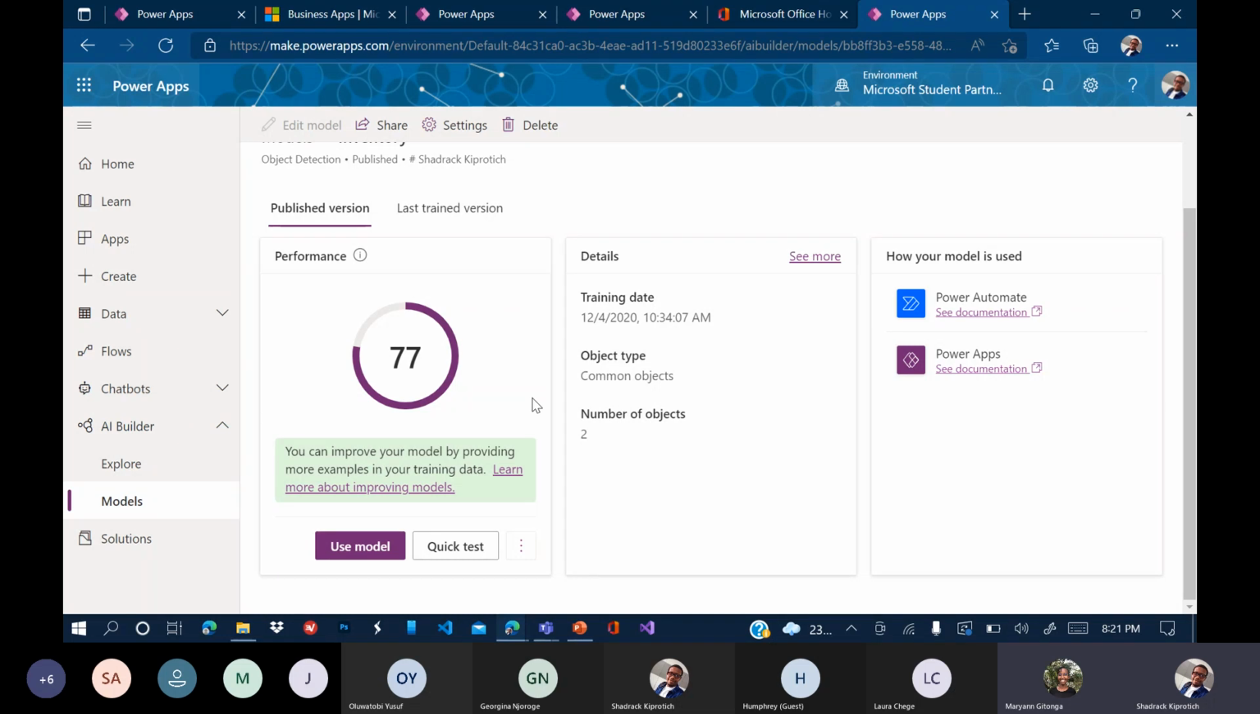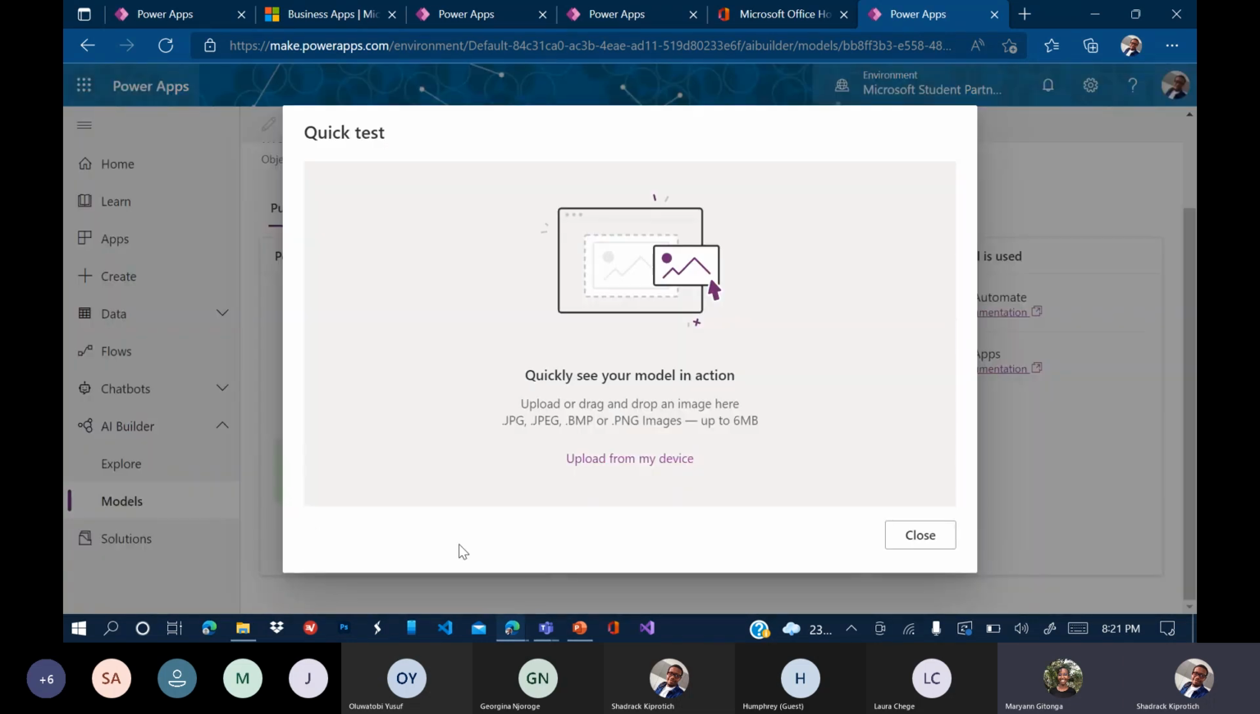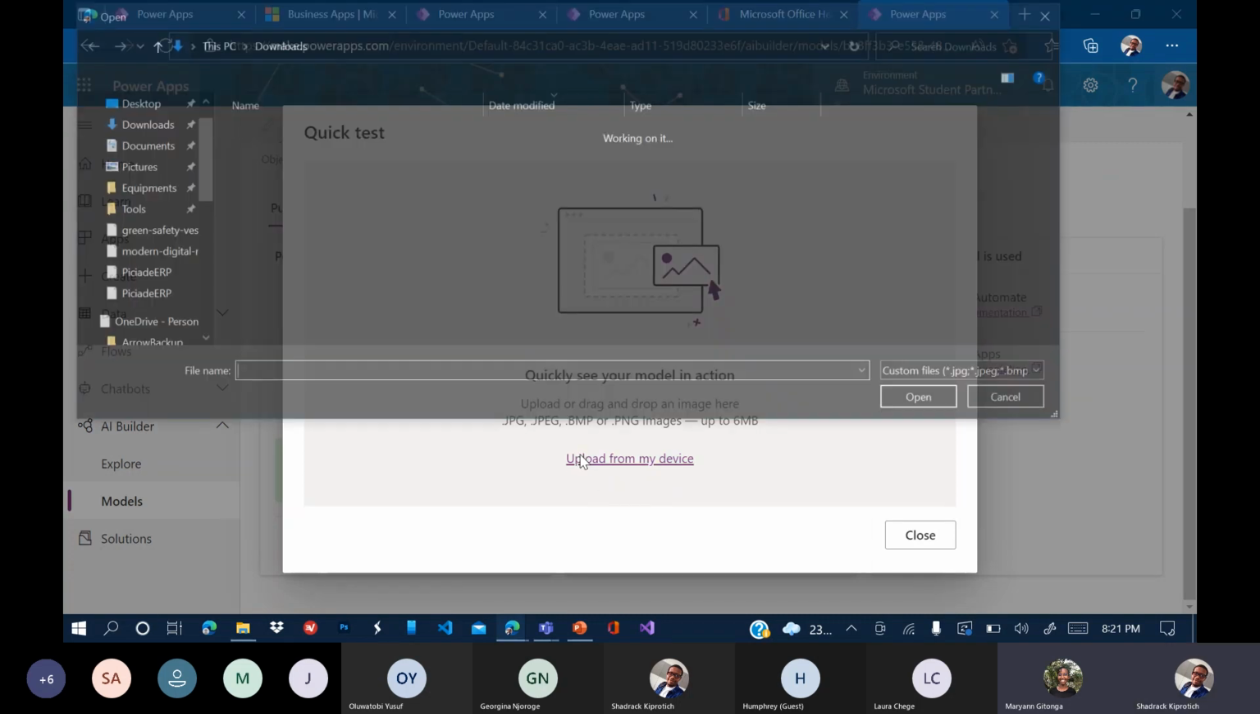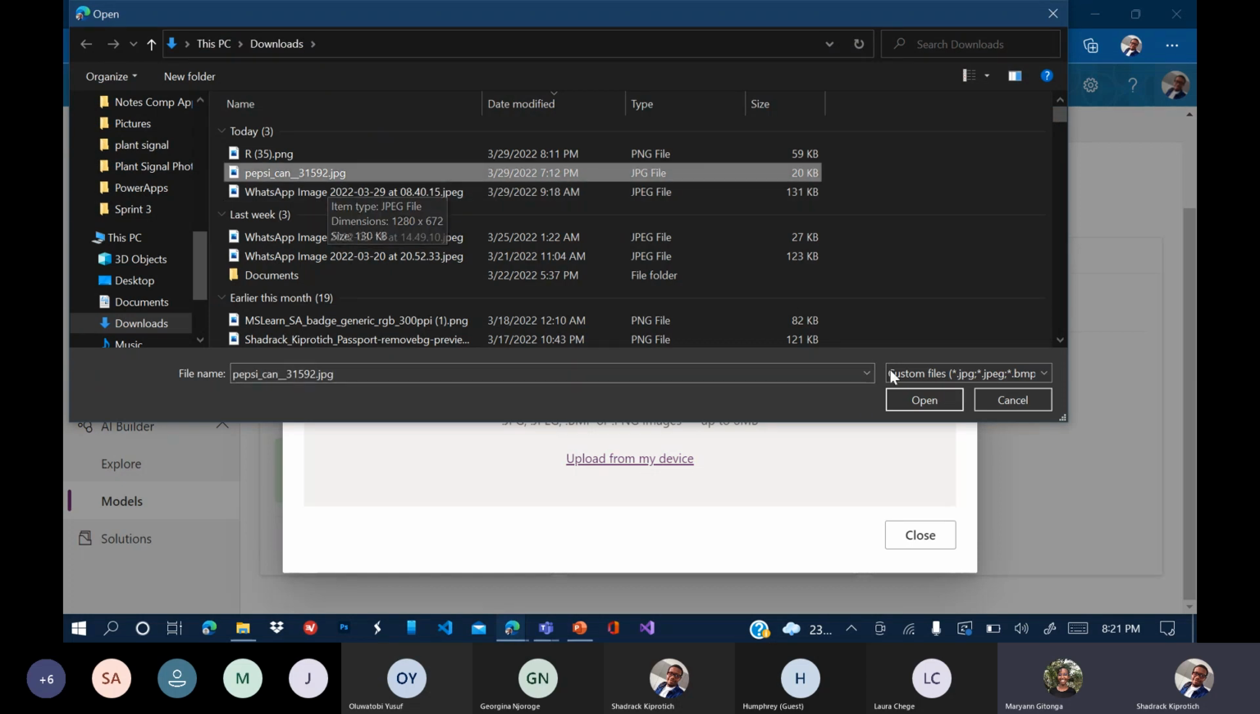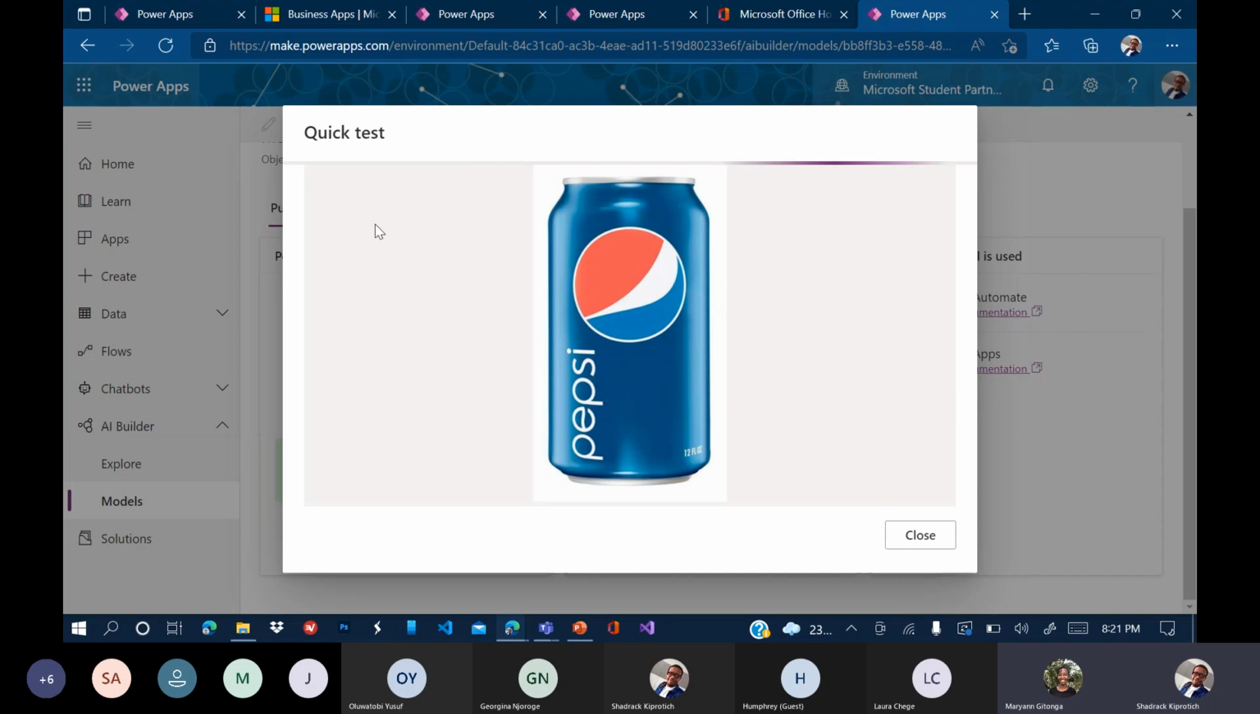So let me just have a quick test, and then you can see how it works. I can just use it within this AI Builder. I have an image within my local machine. So if I click on that, and then I click on the Pepsi can here, and then I click on open, it will quickly test what this is. As you can see the results here, it's a Pepsi drink,